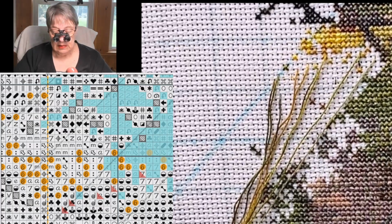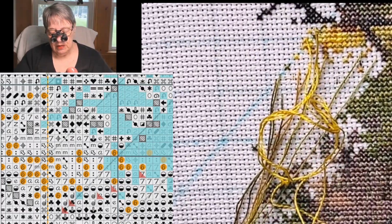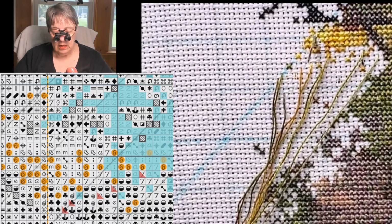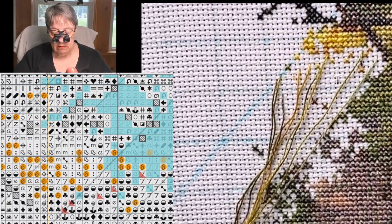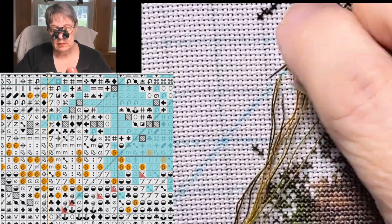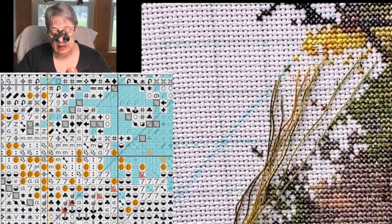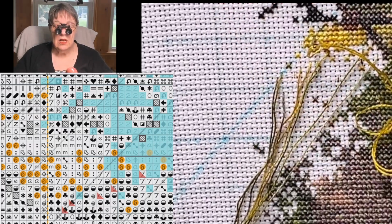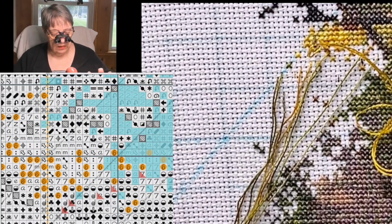But all of that being said, for myself, and only for myself, I keep coming back to a more structured method, and right now that happens to be diagonal or columns, line by line. It's mainly because that way I don't get lost. If I'm stitching cross country, as I showed you over here in this other conglomerate mess of stitches,